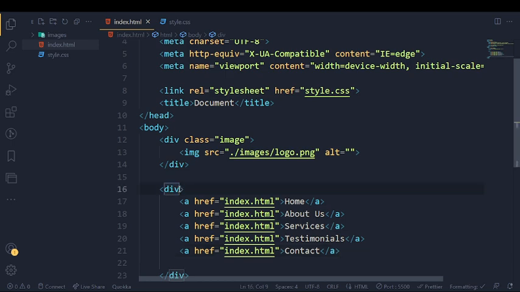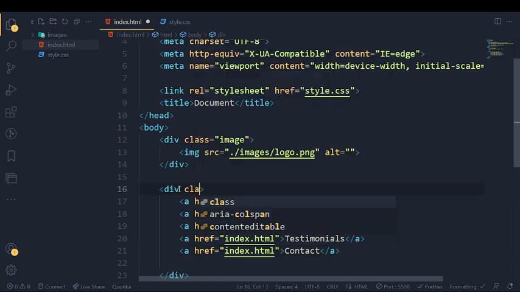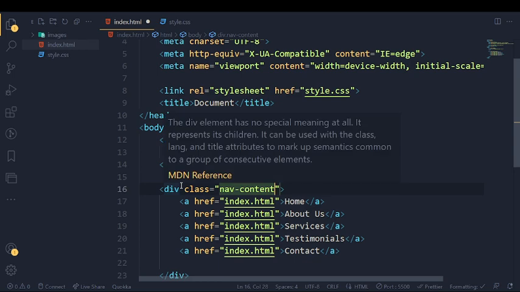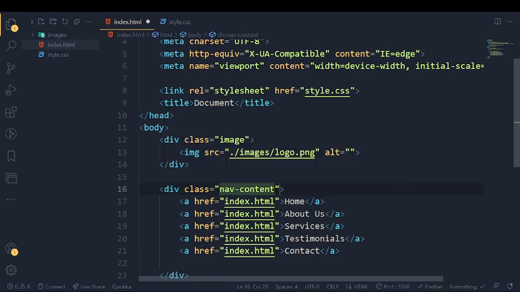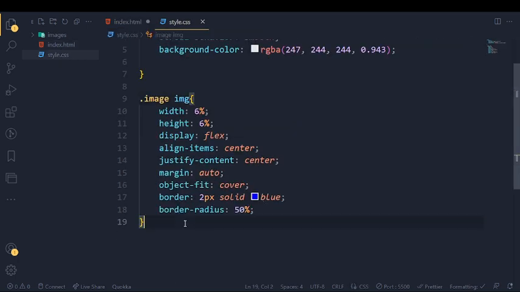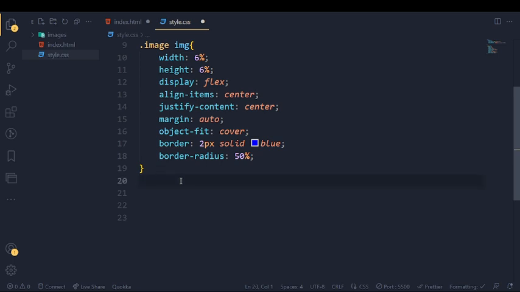So again, also to style this div, we can give it a class of nav-content. So nav-content, this is our class. Again, we are going to style this navigation menu inside the style.css. So here inside the style.css, we are going to style the nav content. So class nav-content,